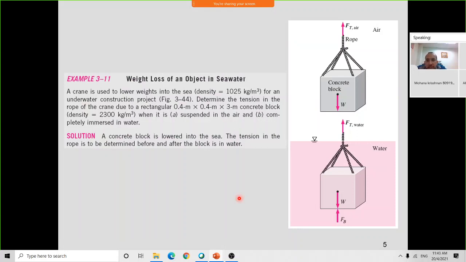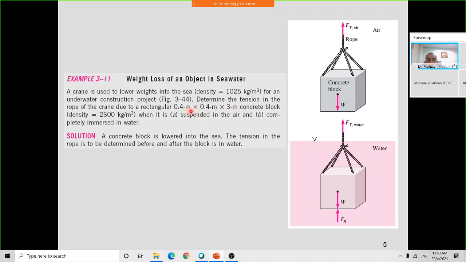Okay, we go to the first example: weight loss of an object in seawater. This is just to understand the concept of the buoyancy force. A crane is used to lower a block into the sea. The density of the fluid is 1025 kg per meter cube. For an underwater construction project, determine the tension in the rope of the crane